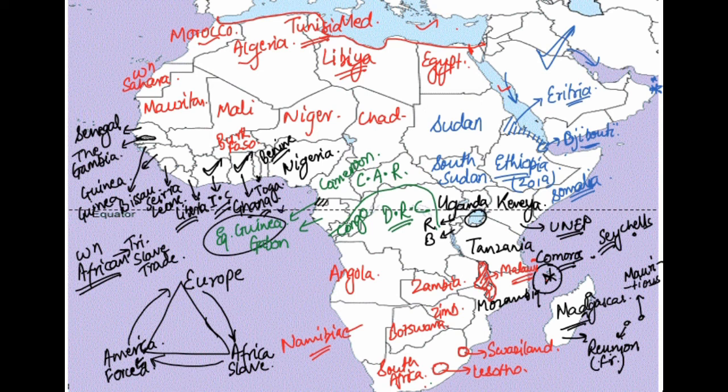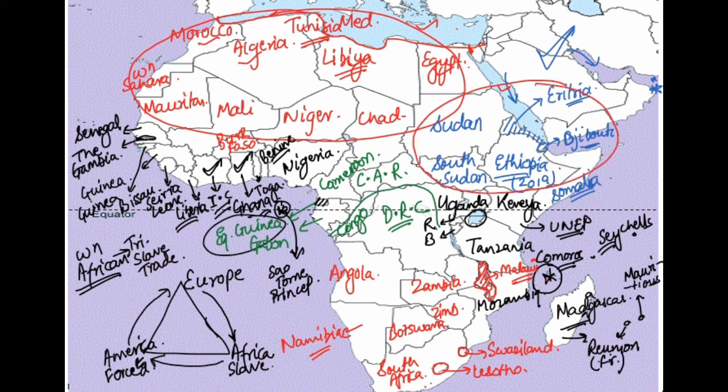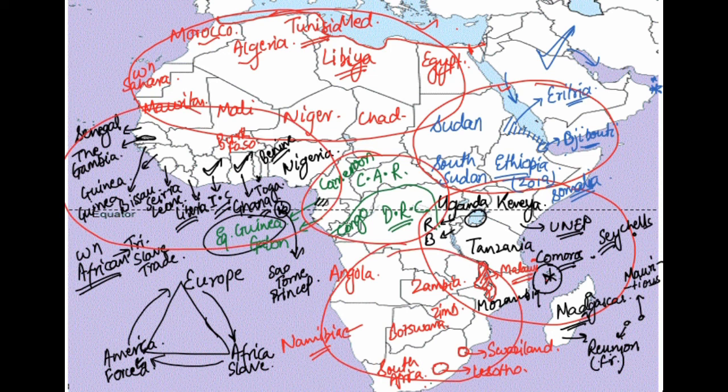Apart from that, here there is a small island which is important because it's near the equator. It is known as Sao Tome and Principe. So yes, with this I think that we have completed the West African countries. To revise these countries again, we divided Africa into 6 important regions. These regions were Northern Africa, Northeast Africa, Eastern Africa, Southern Africa, Central Africa, and finally the West African countries.